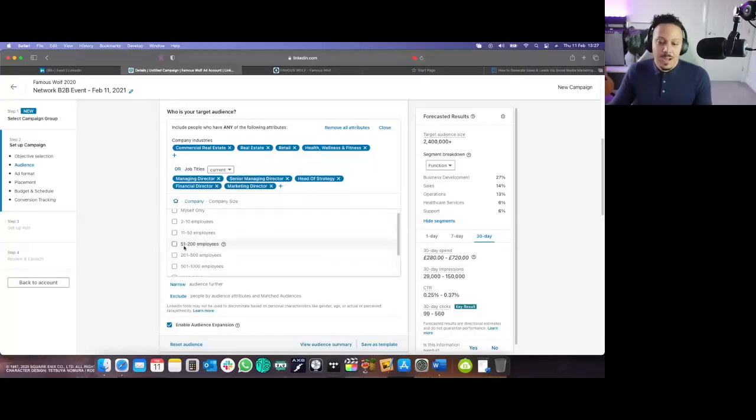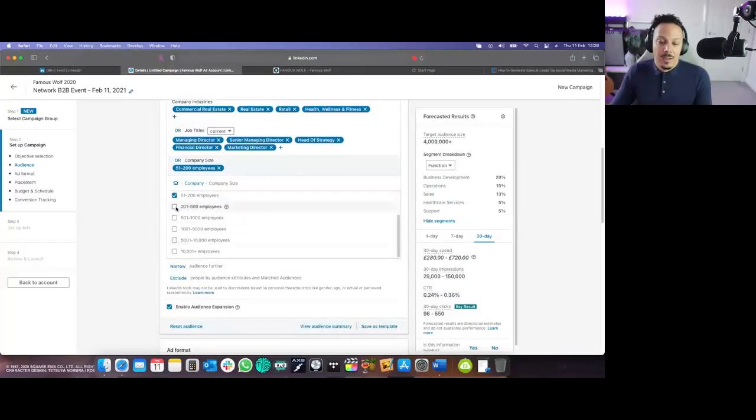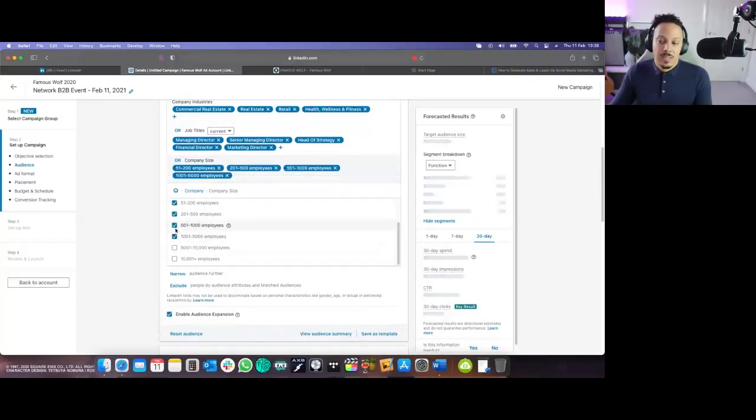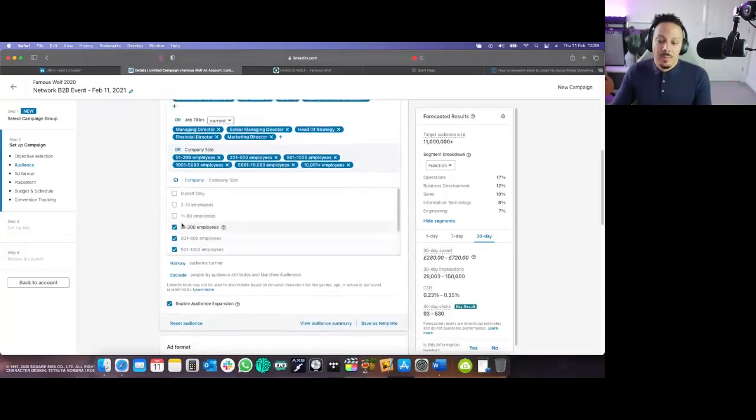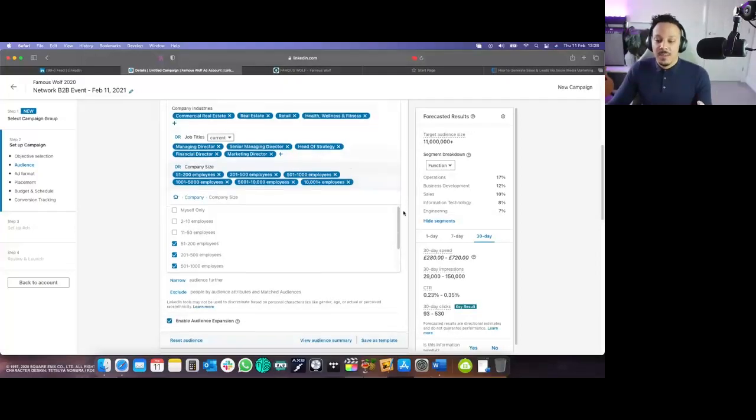So for this purpose, I'm going to go 51 to 200, and then I'm going to tick all the boxes just above that. And as you can see, as I make the changes to who I'm picking in terms of my targeting, my target audience either increases or it decreases. Once you've gone in there and filled in this information, you can then move on